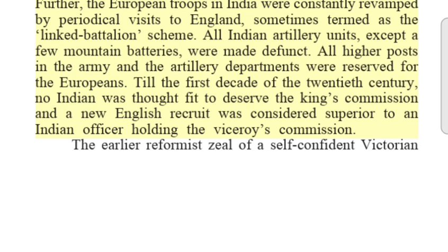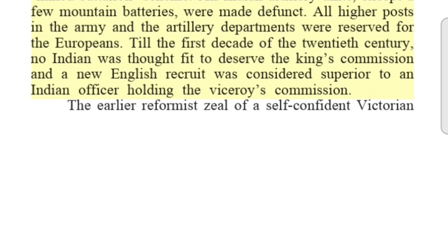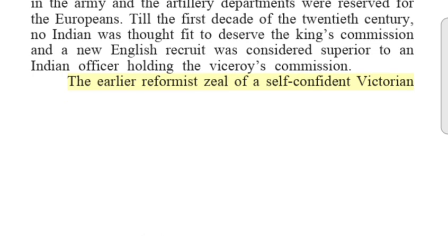All higher posts in the army and the artillery departments were reserved for the Europeans. Till the first decade of the 20th century, no Indian was thought fit to deserve the King's Commission and a new English recruit was considered superior to an Indian officer holding the Viceroy's commission. The earlier reformist zeal of a self-confident Victorian